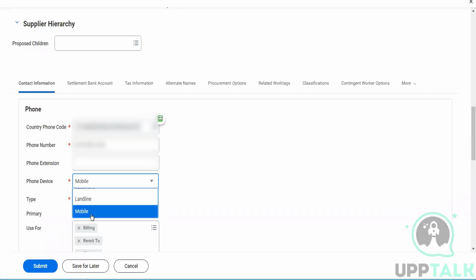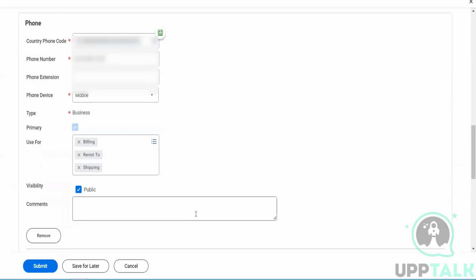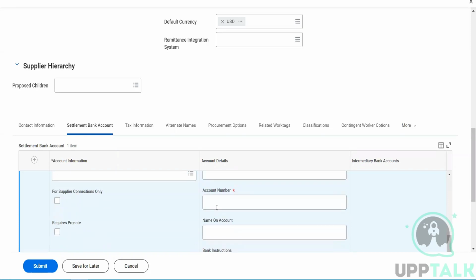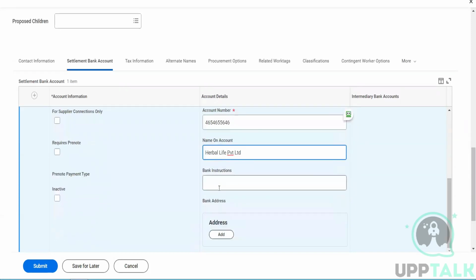Phone device, mobile, primary billing, link to shipping. I'm using India here because I know a few IFSC codes. It's easy. Otherwise, I would have to search for American tax codes or routing codes here. So bank, bank name, account number, name on the account, Herbalife Private Limited. We said we do not work on